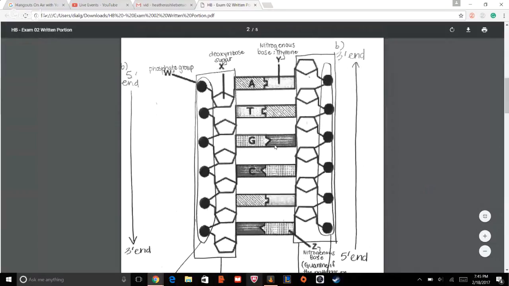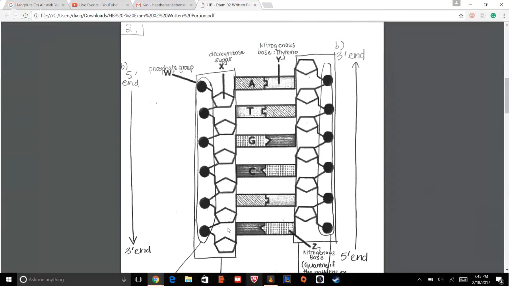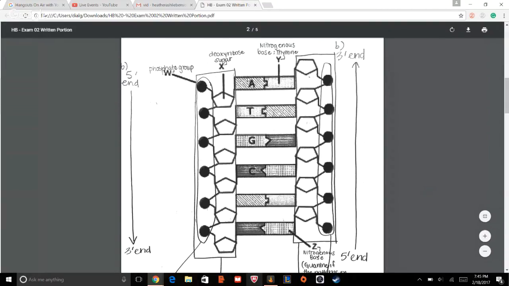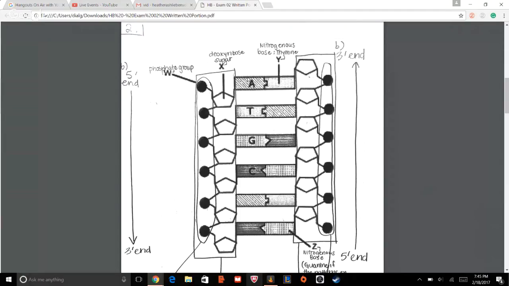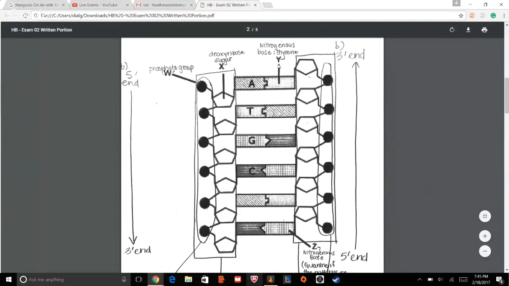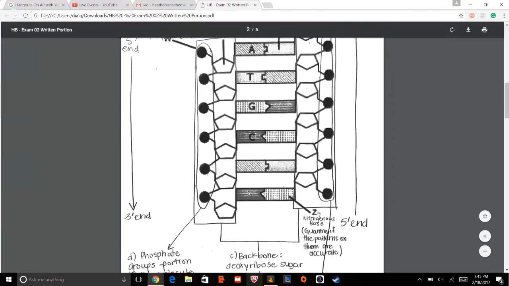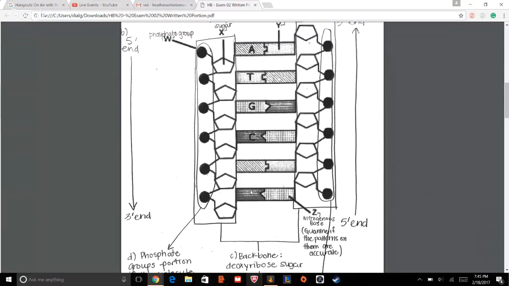So it says the letter W above indicates the phosphate group. That's here on the end. The letter X indicates the deoxyribose sugar, which is deoxyribose because this is DNA, rather than RNA. The Y letter indicates the nitrogenous base, which is thymine right here. And the Z indicates a nitrogenous base as well. I'm assuming that this is guanine due to the way that the patterns are, because up here we have a cytosine, which would correspond to guanine, and the same pattern is down here,